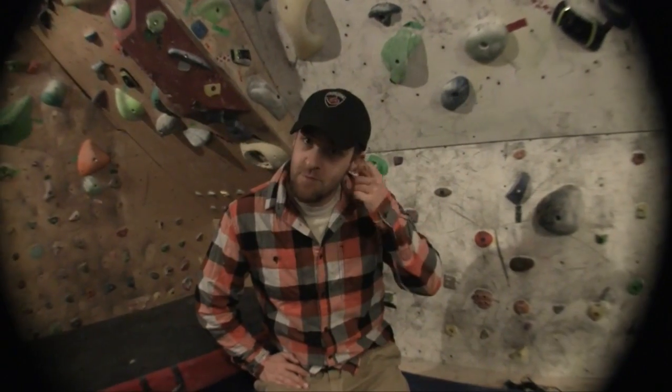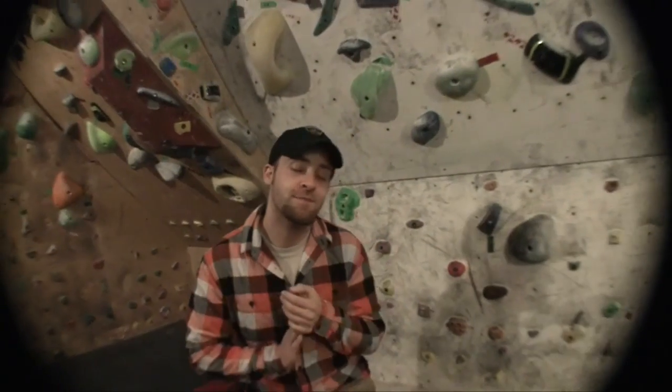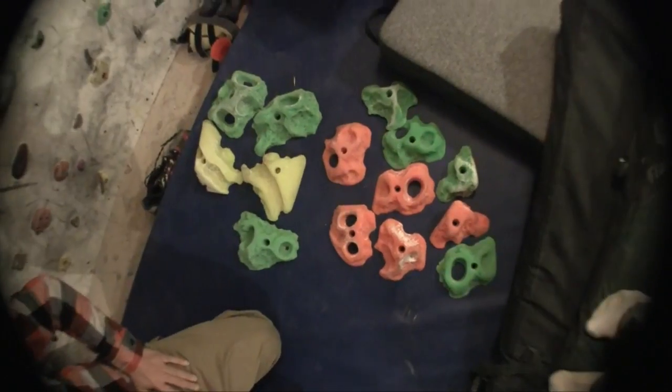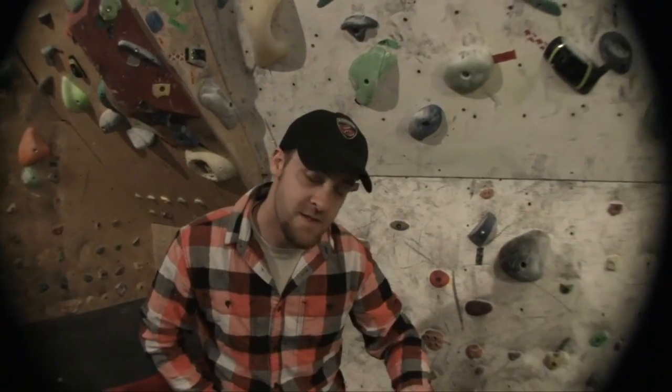So, Project. They've had their problems in the last year, and they're back on track. This will be part of the back on trackiness. You know, we've got a couple of reviews coming for Project Holds. These are the Carbonates,